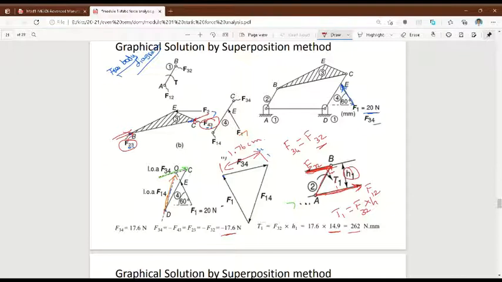But the problem is not over here. Still we have the problem. In the first problem that we solved, the problem almost ended here itself. But here, since we have this ternary link, and one more force is on the ternary link, the problem does not end now. We have to continue the problem. This is one half of the problem. The next half we will see in the next slide.